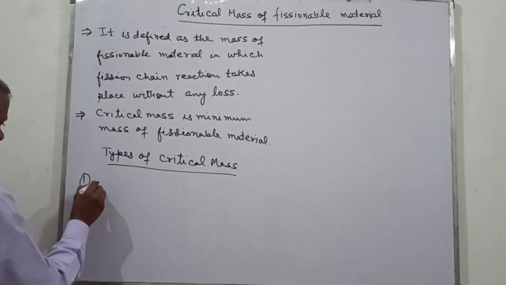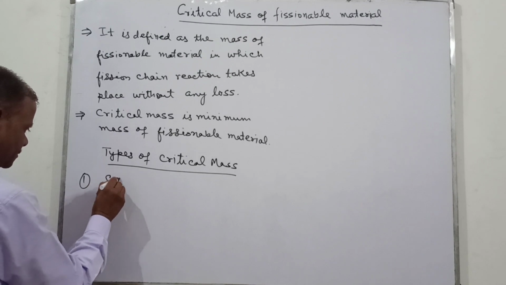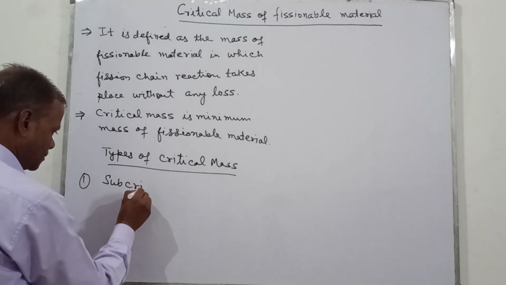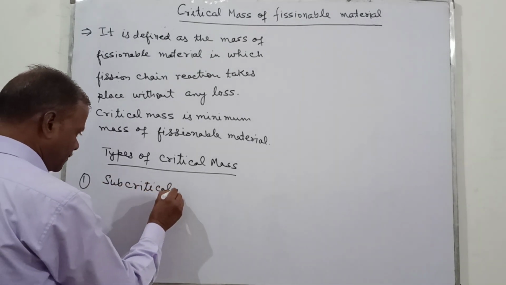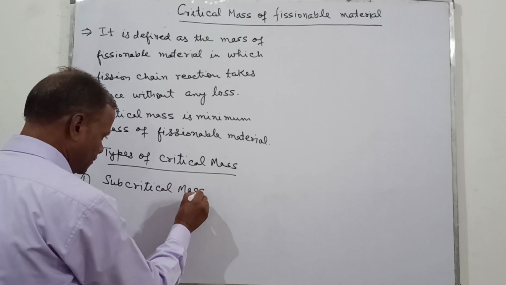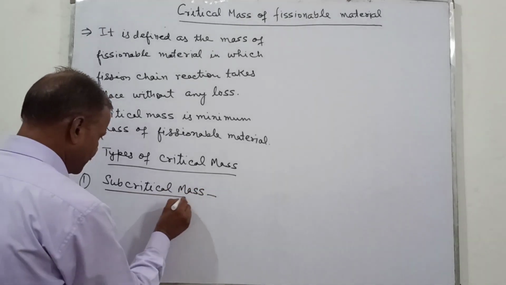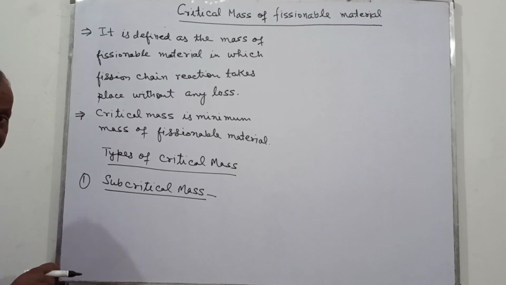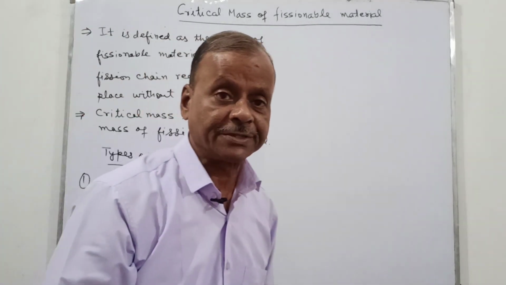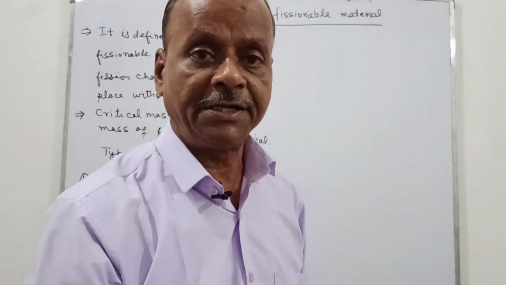Number one, the subcritical mass. If the mass of the fissionable material is less than the critical mass,